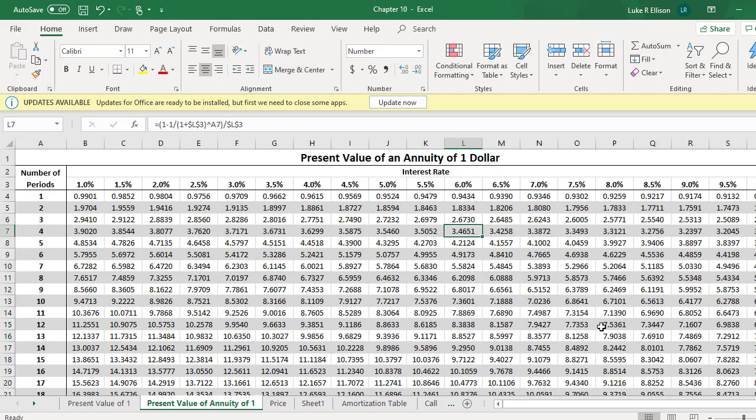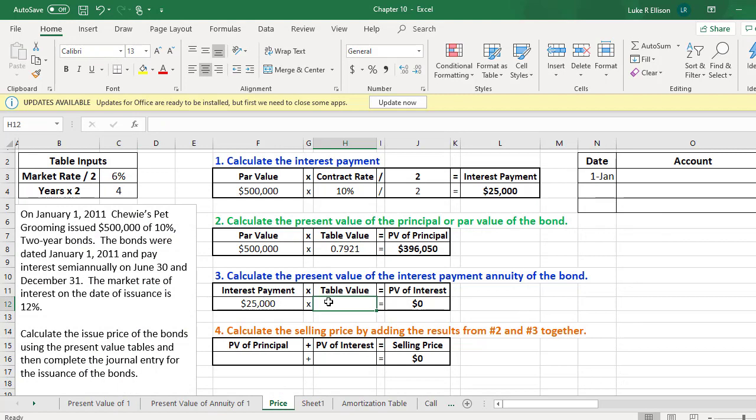That gives us 3.4651. So 3.4651 is our table value. So we take our interest payment, we multiply that by the table value to get our present value of interest of